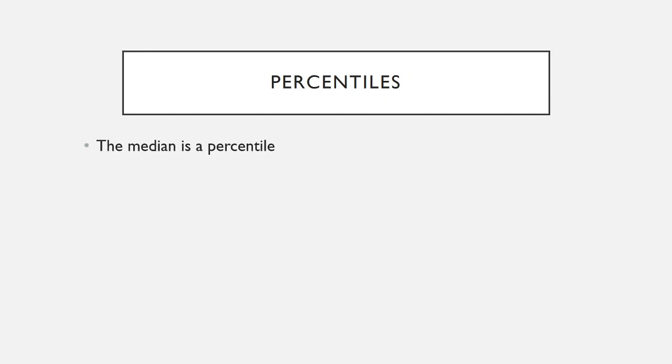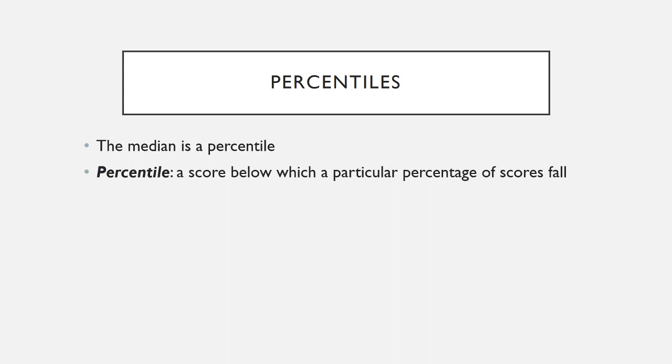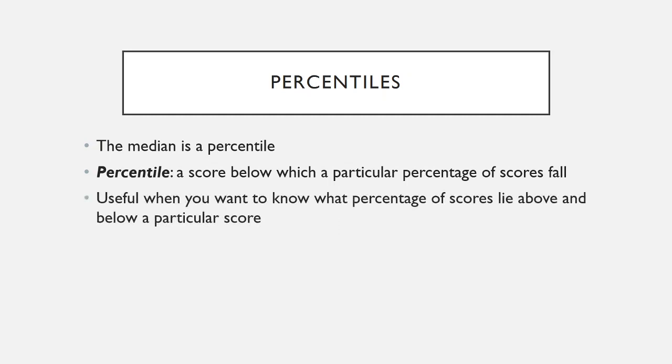Now, I mentioned percentiles briefly when I was talking about graphics. This is relevant when talking about the median because the median is a specific percentile. Like I said, a percentile is any score that has a particular percentage of scores beneath it. So this can be any percentage. Again, maybe when you are trying to take the SAT or the ACT, or when you take the GRE for grad school, you say to yourself, I really want to make it into the 90th percentile because that indicates you're sort of at the top. So a percentile can be any percentage, but thinking about the median is just a specific percentage. It's just the 50th percentile.